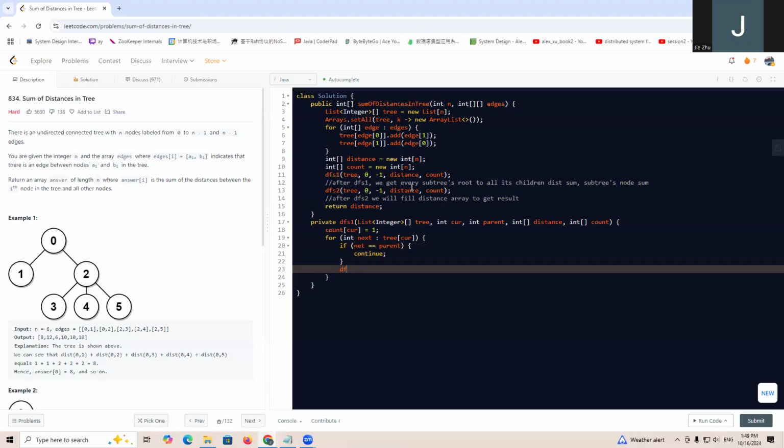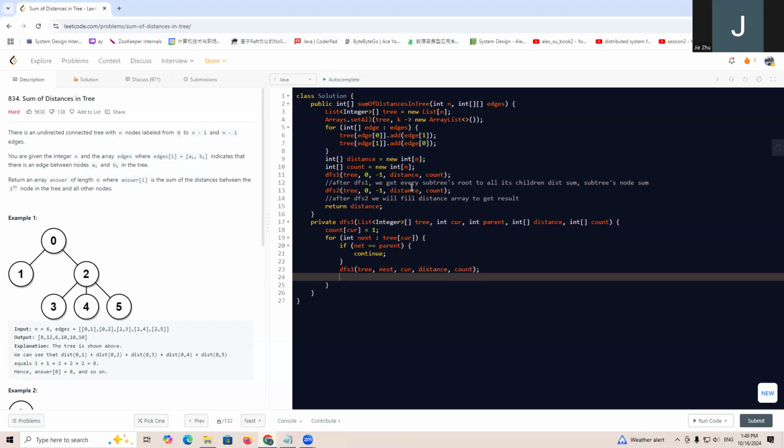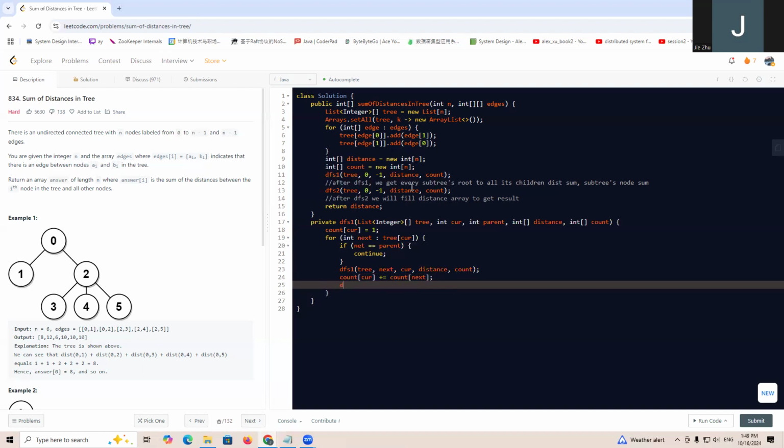Otherwise, we just DFS1 tree, next, current, distance and count. And after this, we should have count current plus equal to count next, and distance current plus equal to